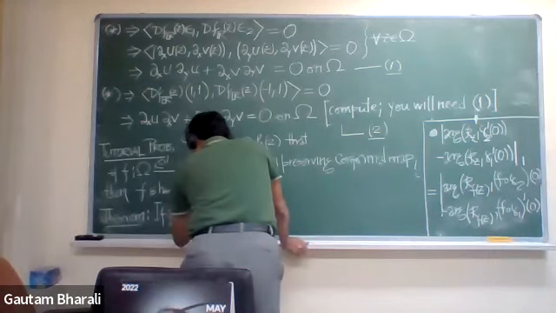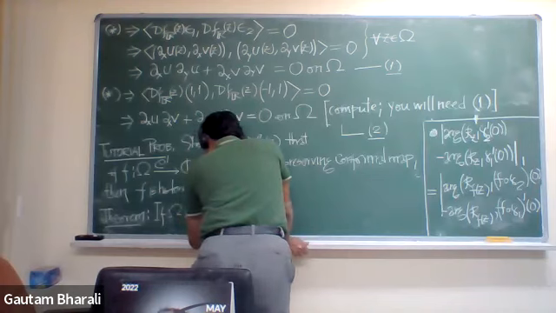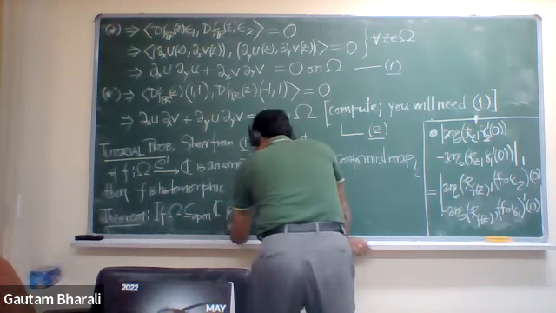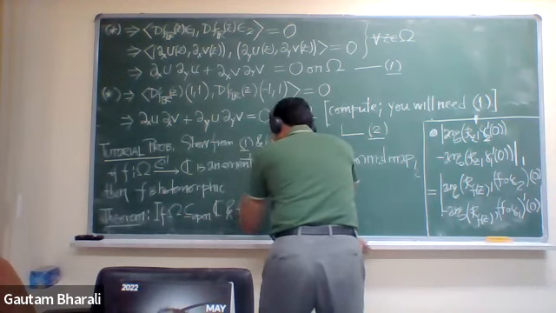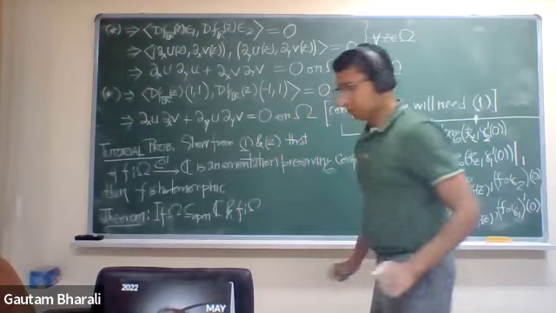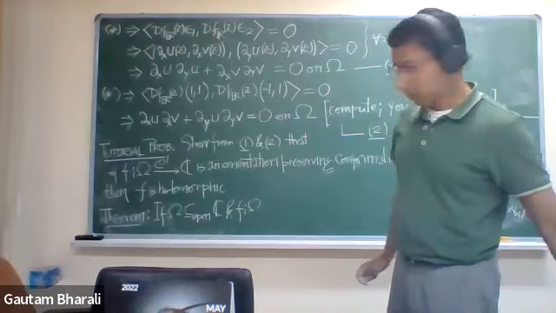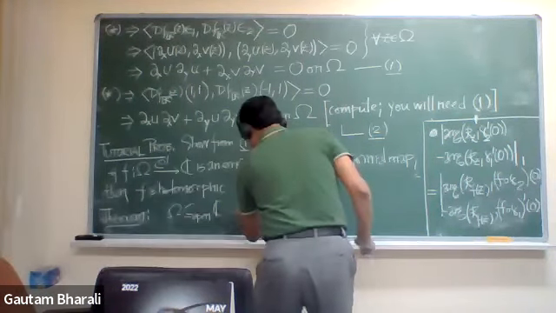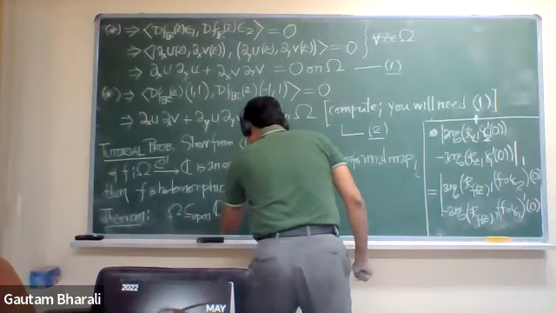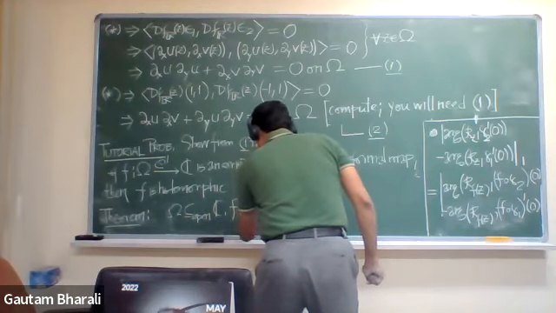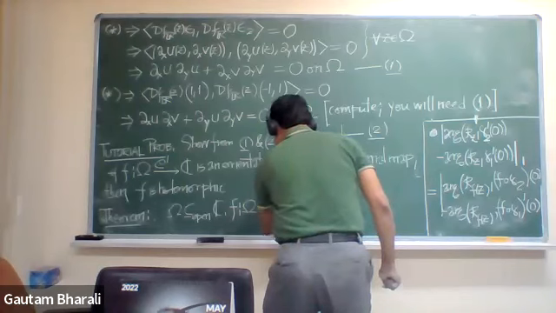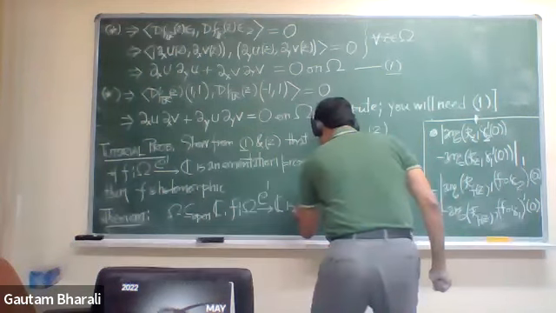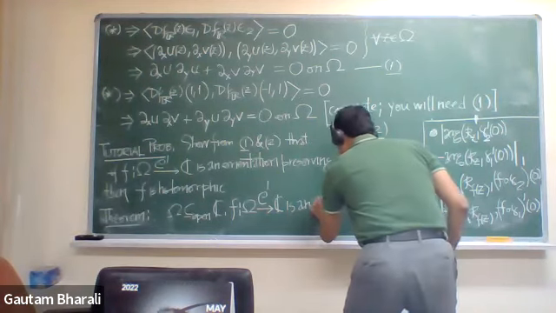omega is open in C, and F from omega, so omega is open in C. Then I will say F from omega, so F is of class C1 into C is an orientation preserving